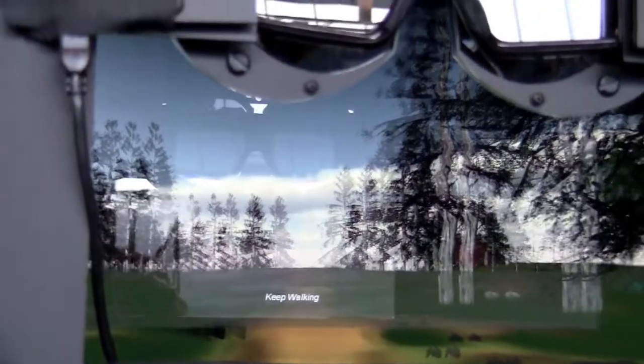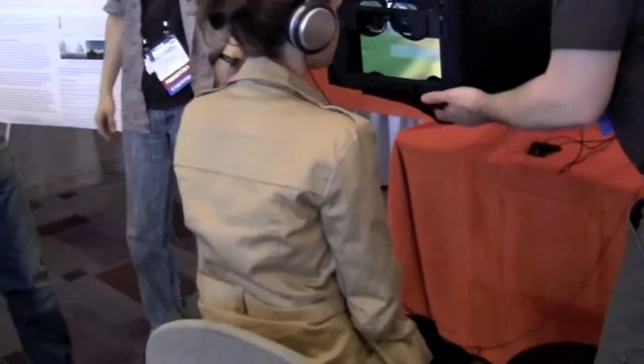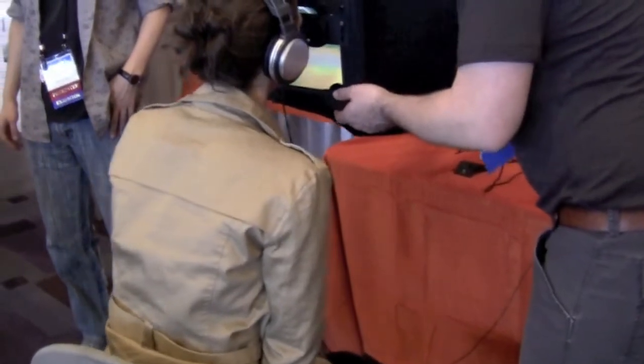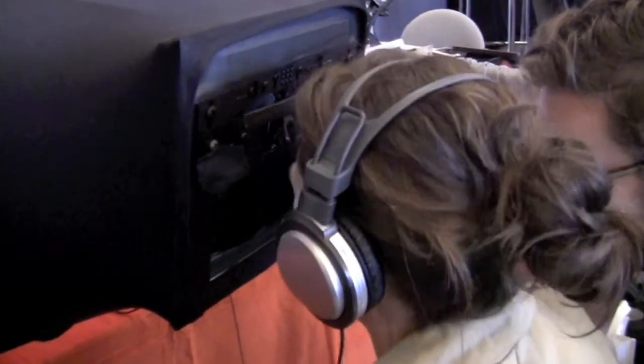We're using Virtools for our 3D environment, and the way that it works is that at the beginning they're introduced to the system, where they're given basic instructions in terms of how the virtual reality system actually works, and then they're connected to biofeedback sensors. The timeline for the walk itself is anywhere from 2 to 5 minutes. And so the idea is that through multiple runs they get better at entering a meditative